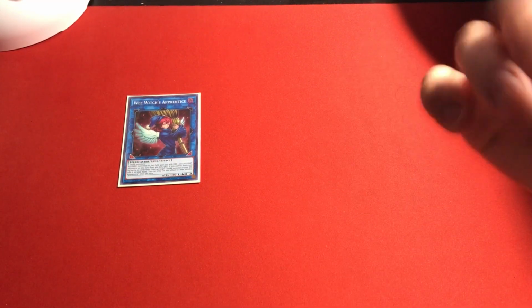Now for the Extra Deck. Now that's where, is my wallet going to be that expensive? No, it's not going to be expensive. So, we're running 1 Wee Witch's Apprentice because they're all DARK monsters, except for Veiler, but still a great card to use overall. Next up, we're using